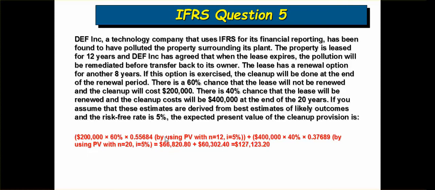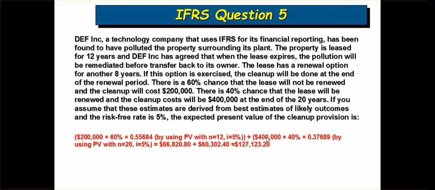Present value of a single sum of $200,000. N is equal to 12, right? Because that's 12 years. And then the interest rate we're going to use is 5%. That's the only one we're given. So if we did 200,000 times 60% times the present value factor of 5.55684,